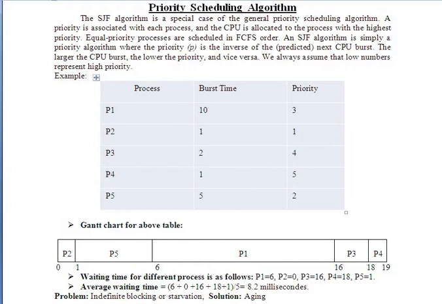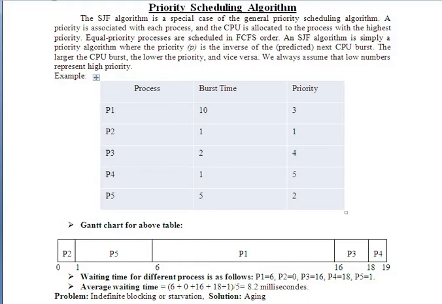For example, say there are priority numbers from 1 to 10. Some people consider 1 as the highest priority and 10 as the lowest priority. Some people consider 10 as the highest priority and 1 as the lowest priority. But overall, with this concept, we are assuming that 1 is the highest priority process and 10 is the lowest priority process. Let us see how it works with an example.